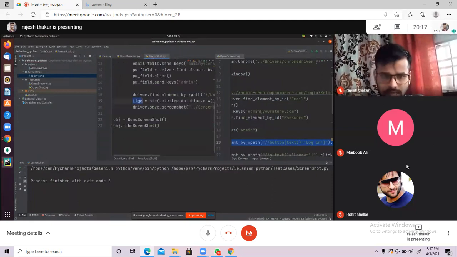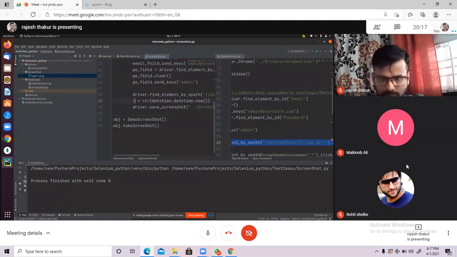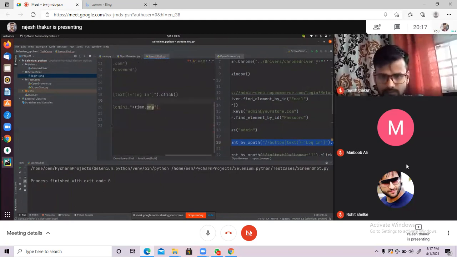Instead of writing time, I can write t, because time itself is a library, so it will affect t. So login underscore t plus dot png.